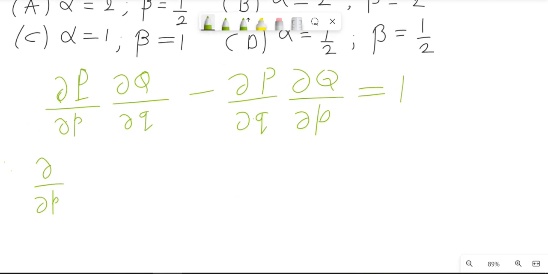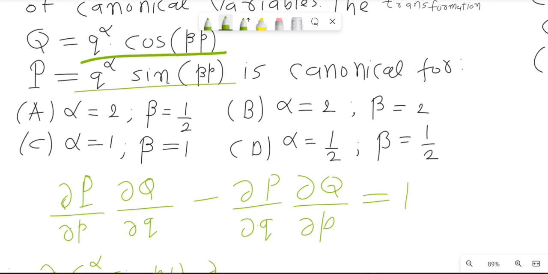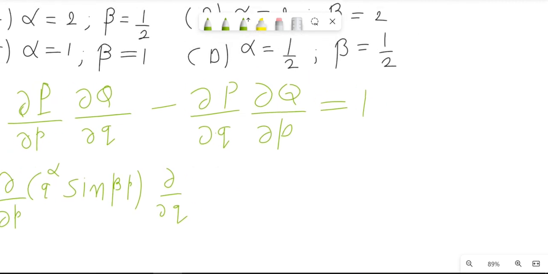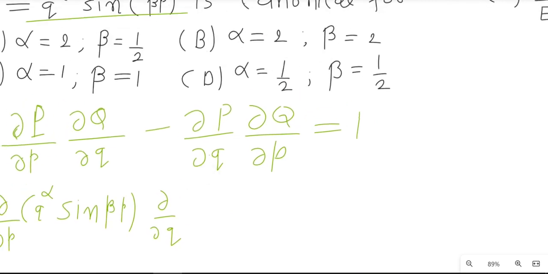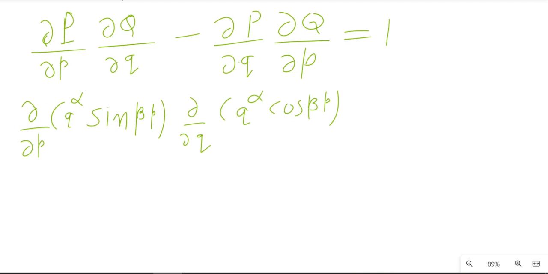So I substitute here q raised to alpha sin beta p, and del by del small q of capital Q, which is q raised to alpha cos beta p. So I write here q raised to alpha cos beta p, and again the second term will be